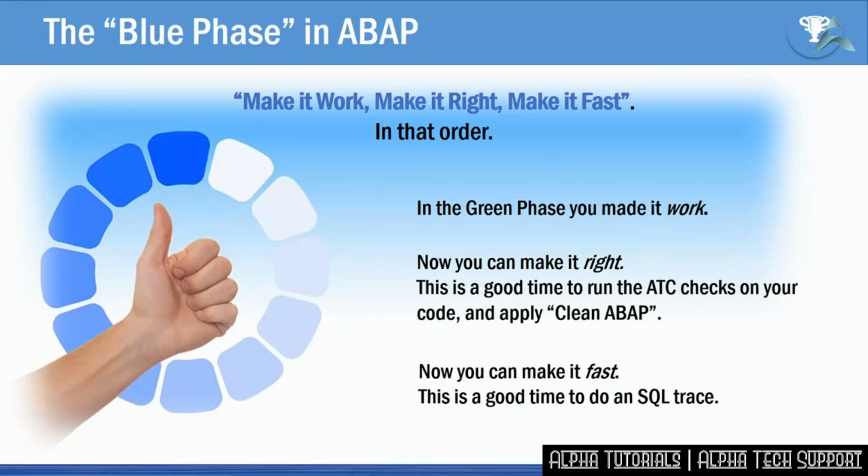As it turns out, even to get to this point, the code is forced to be better than your average bear because testable code is good code. Writing testable code forces you into a good design. It forces you to follow solid principles. So testable code is better code, even if you never test it. It's crazy, but it's true. In the blue phase, you can make the code right.